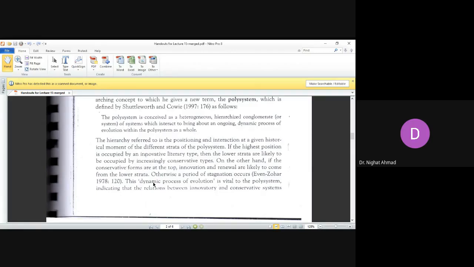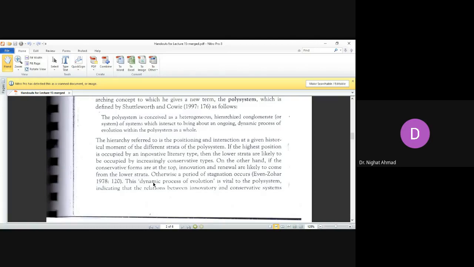And the lower strata, who are you giving it to? Something you feel is conservative, something rehashed, very commonplace, something that has come before, there isn't any element of newness about it. It's something conservative. So you place something conservative at the lower strata, and at the higher strata something innovative, something new, a new literary style. On the other hand, if the conservative forms are at the top, innovation and renewal are likely to come